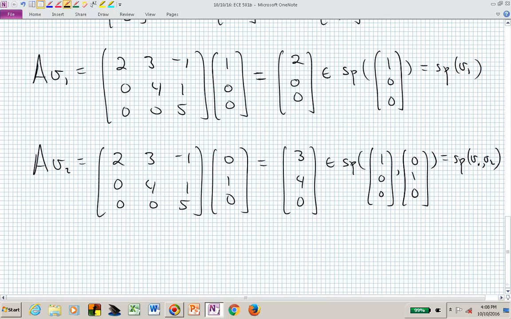So as we get further and further into, so to speak, columns of this upper triangular matrix, it requires more